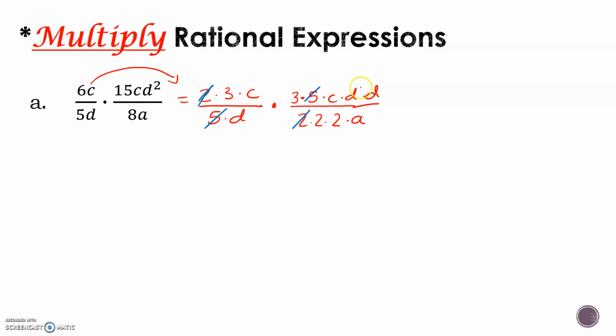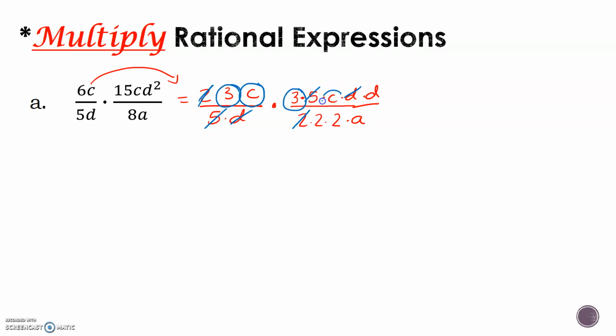I don't have a C. I have a D. Don't have this, and then that's it. So I did have a 3 here and a 3 here, both in the numerator. Can't cross them out. One needs to be in the numerator, the other one in the denominator. So what I have left is